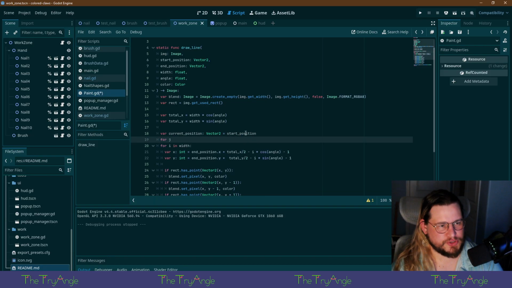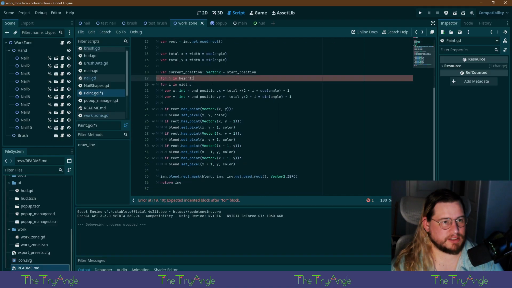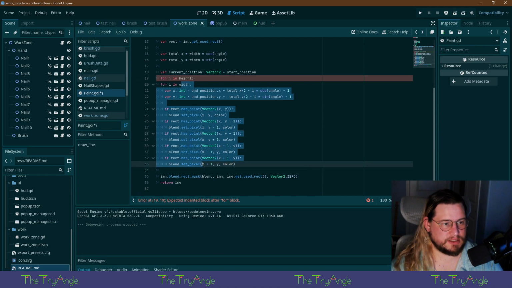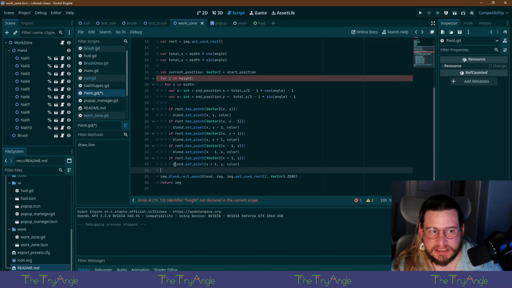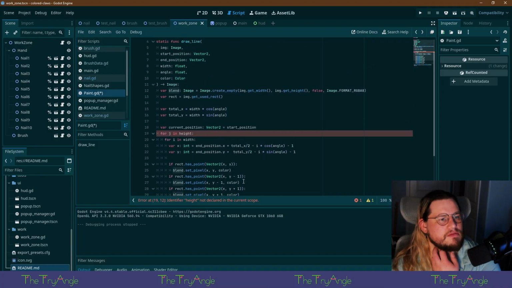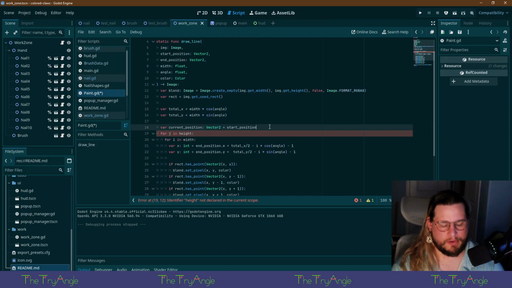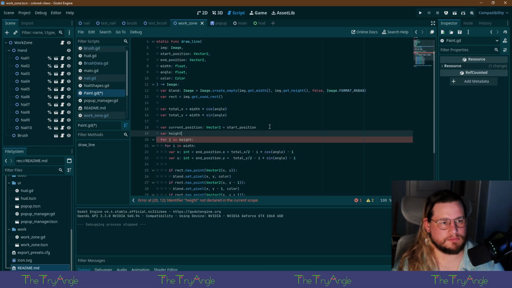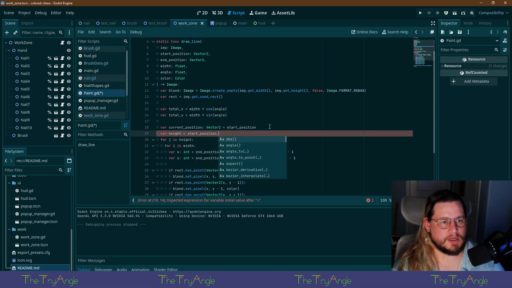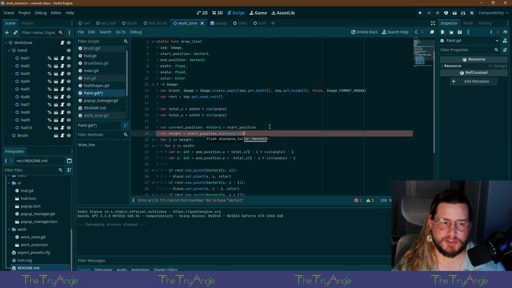And then for J and height, I'd say, except height doesn't exist. Start position, distance to in position.